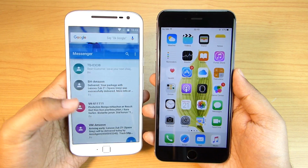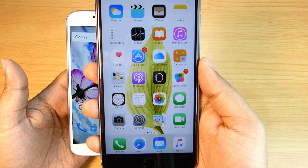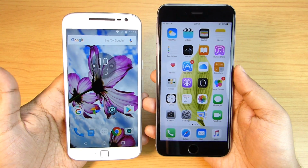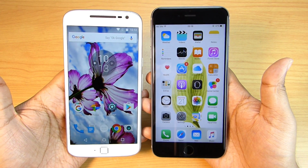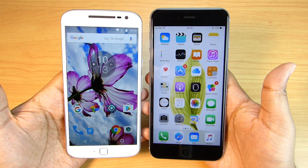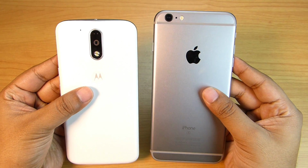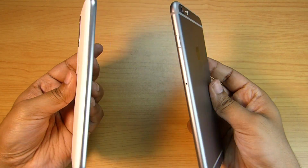Now, as you know, you have a stock Android interface on the Moto device here, which is blazing fast, and iPhones run on the iOS ecosystem, which is highly optimized and fine-tuned for iPhones. Lots of Android devices fall short of iOS because of the highly customized UI, but on this Moto G4 Plus there is no such custom skin, so let's see whether this lower mid-range device can keep up with the very